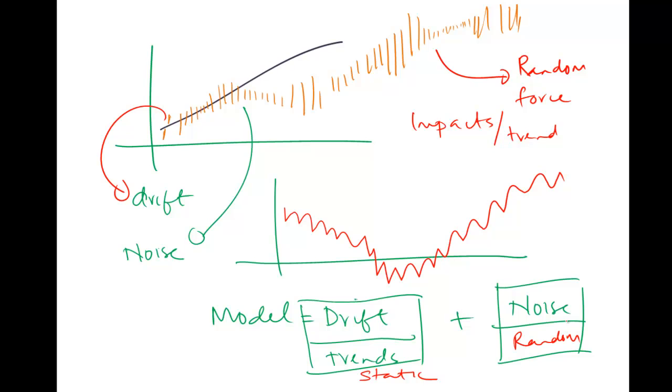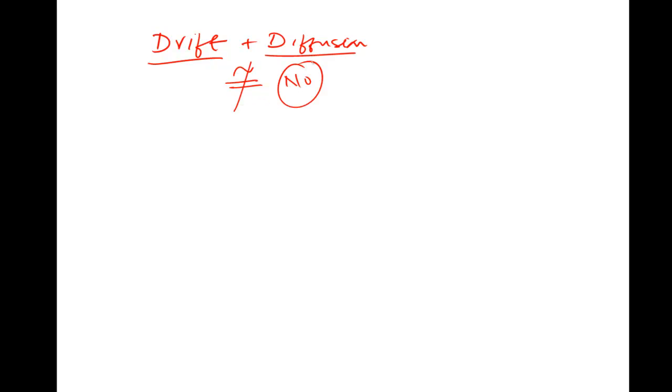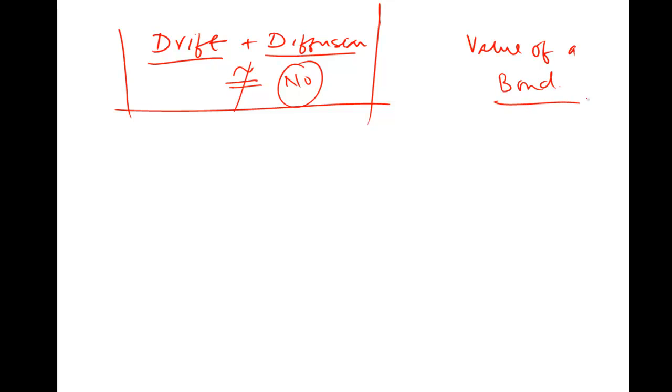So before you move forward, I want you to think about how would you model drift and how would you model noise. Also think about, are there any other basic securities that allow you to model only drift? You're also likely to see another term whenever you see drift, and that term is diffusion. For the time being, I just want you to remember that the impact of drift and diffusion is not the same, it's not approximate. So let's go back to our second question. Our second question says that, is there a security out there that we can use to just model drift or to build a better model for understanding drift? And the answer is,